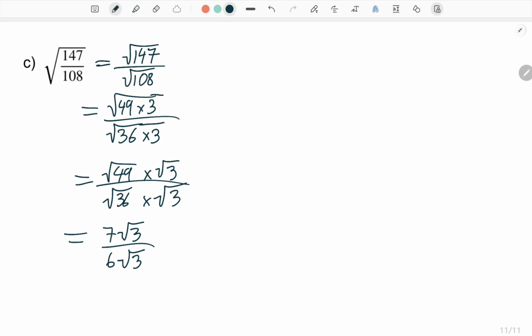Okay, so we've got both the top and the bottom simplified, and if you take a look at it, root 3 cancels out. So you're actually just left with 7 over 6. And there you go. That is that one simplified. You actually managed to get rid of all the square roots. And that is how we deal with these radicals and simplifying them into mixed